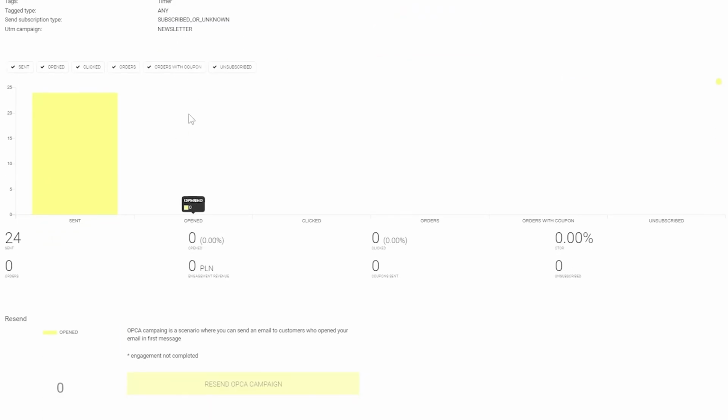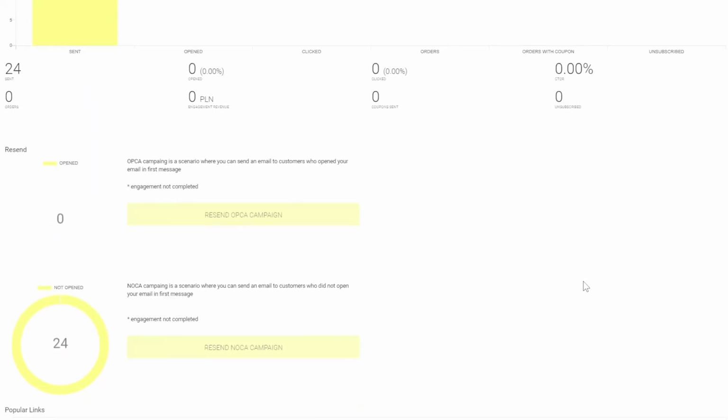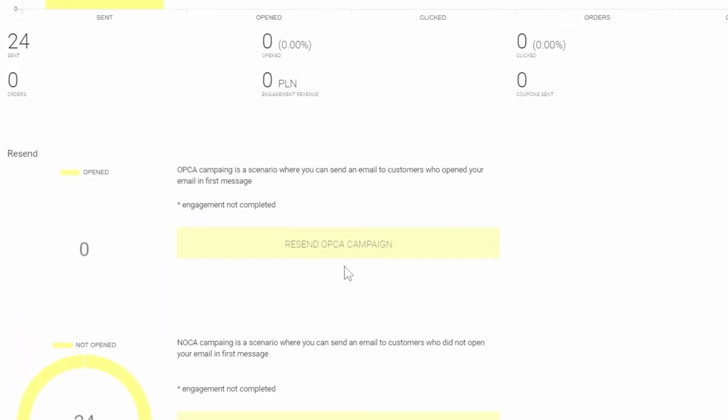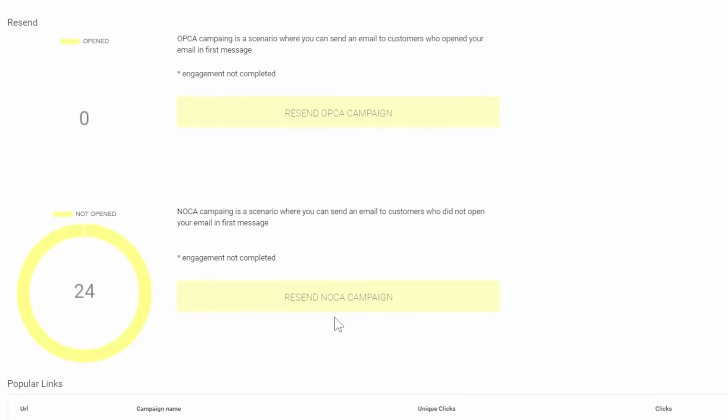how many mails were sent, opened, clicked, how many orders generated, or how many people unsubscribed. Remember that sometimes you need to wait for the results. What's more, after 24 hours, you can resend your newsletter. You have two options here: to customers who opened your email or to the customers who did not open your